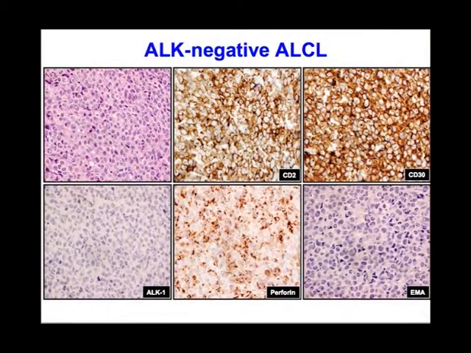So here's a good case. Again, you look down the microscope, you think that's going to be ALK-positive disease. You don't know the age, so you're guessing it's a young person, and everything fits except ALK. It's negative. But look at the CD30 and remember back to that CD30 I showed you in the